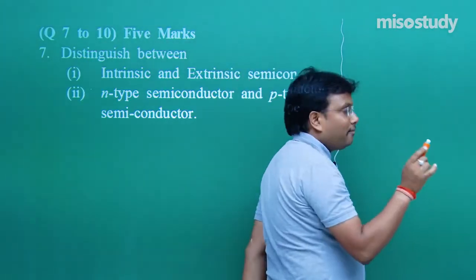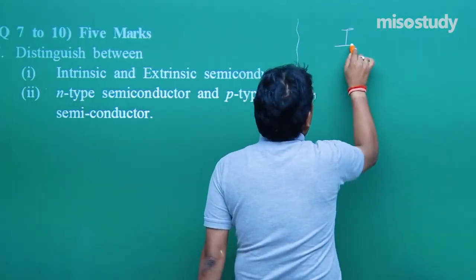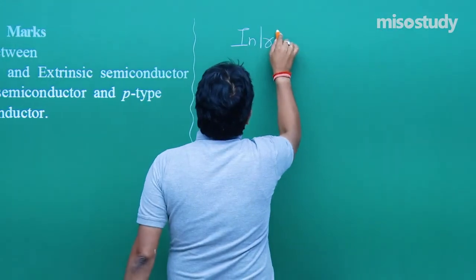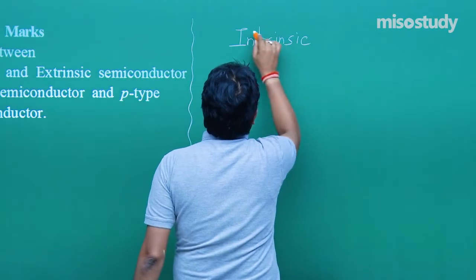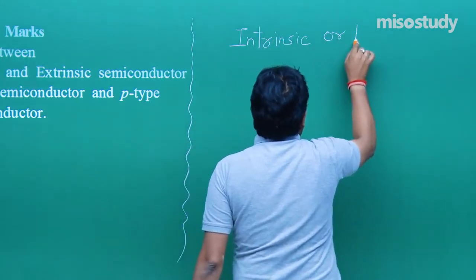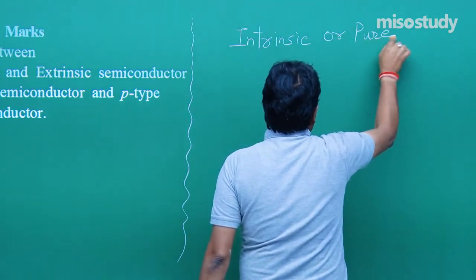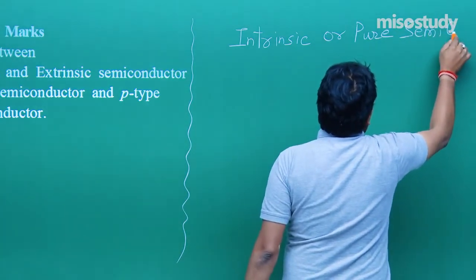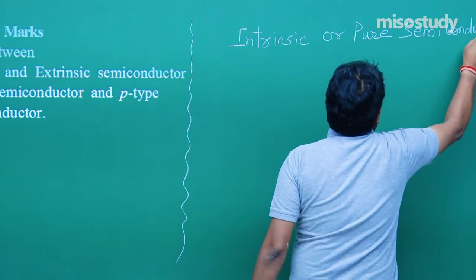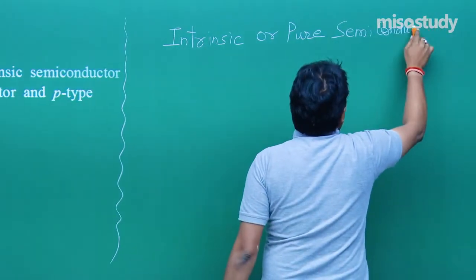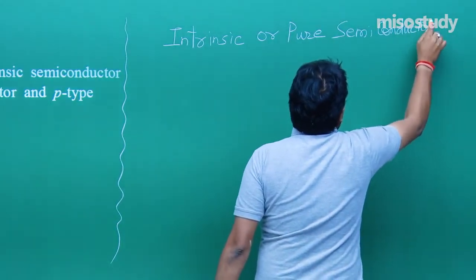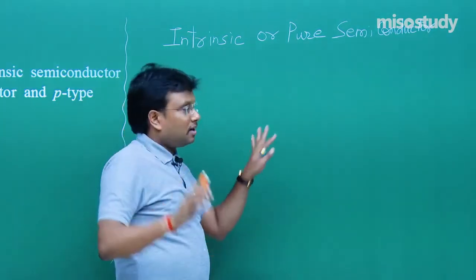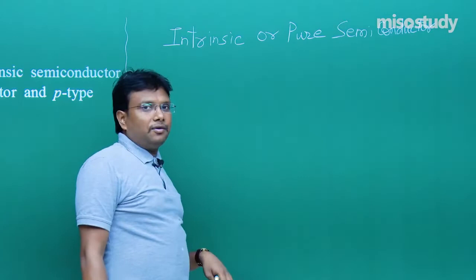So, you have intrinsic or pure semiconductor. Let us say you want to provide the answer of this particular point, forget about 5 marks. Suppose you want to write down something for this